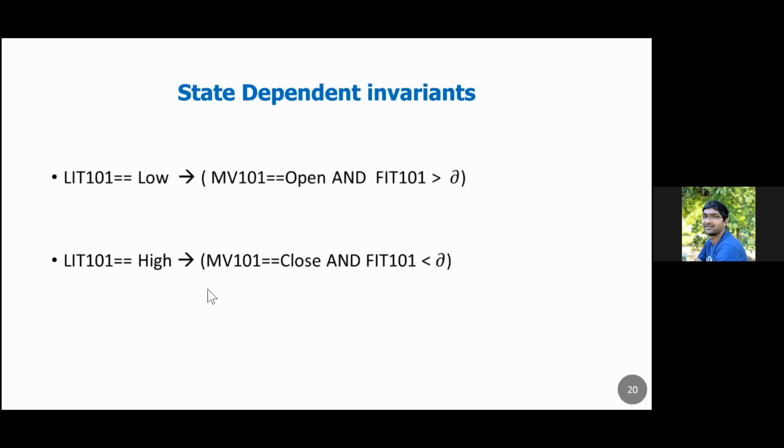And similarly, whenever the water level in the tank, this is a level sensor, is low, the input should be open, like the motorized valve should be open. Similarly, whenever the water level is high, the inflow should be closed, and so on. So these are the different constraints